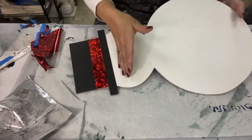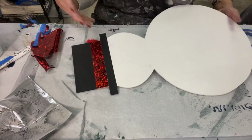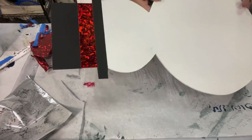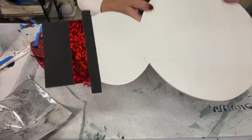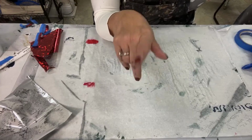Like I said, tomorrow or the next day, we're gonna start building his face. We'll do his body. I do things in steps. I'm always working on more than one project. That's the only way my time makes sense to me. So I'm gonna set this guy over here to the side, and we're gonna go get our Christmas tree out